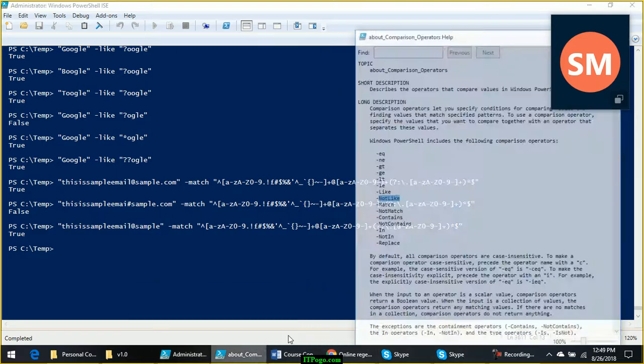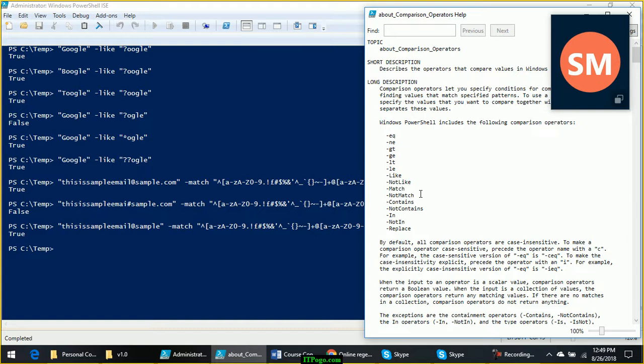Okay, next, opposite of match is not match. Next is contains. Suppose you have multiple values like apple separated by comma, banana, pear and mango.